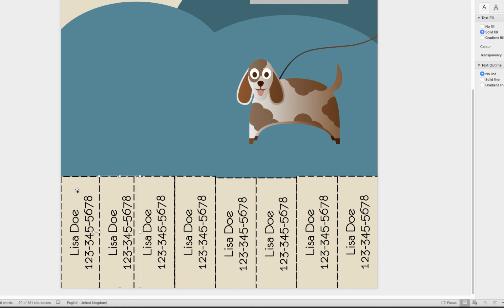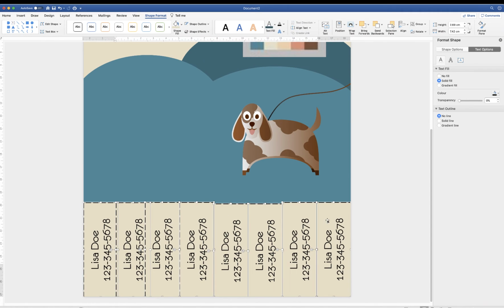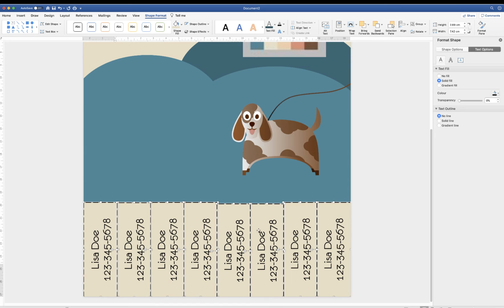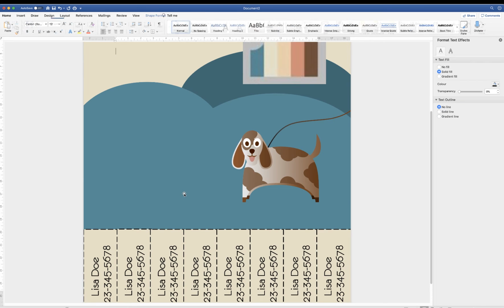So if we now just hold the Command or Control key down and click on all of the boxes, and then just go up to Alignment, and then go down to Distribute Horizontally. That will distribute all of these equally across the page. And now I want to align them to the top or the middle, it doesn't matter. So click Align, Align to Top, and as you can see now they all line up at the top. If I just click off,